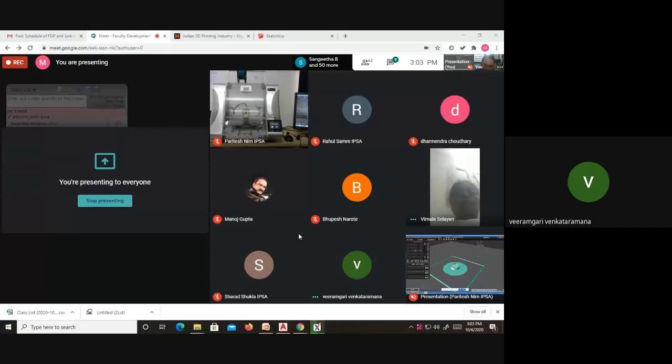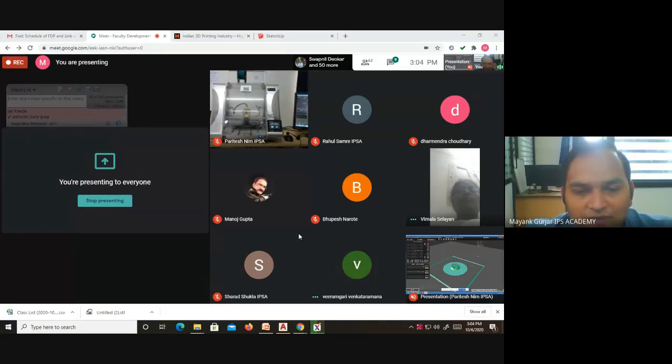Sir, regarding this G code, is it the same as our CNC G codes, or what is this G code, sir? I didn't understand. G code is a file format where the nozzle or the pad will move in X, Y, Z. It looks similar to our CNC code, for which we write a code for CNC turning and CNC milling in X, Y, Z. But this code is generated directly from the software.